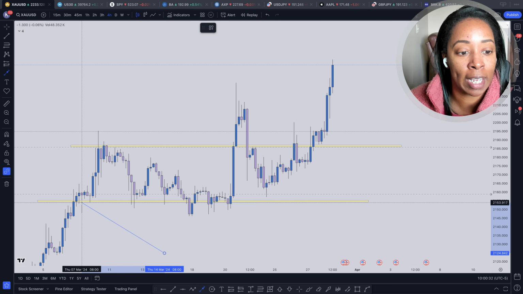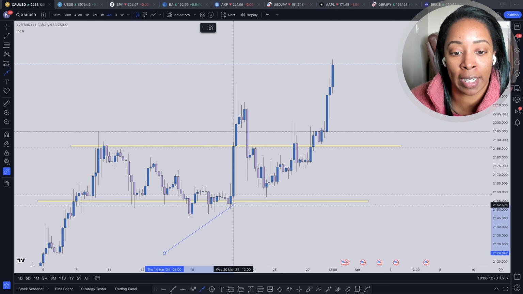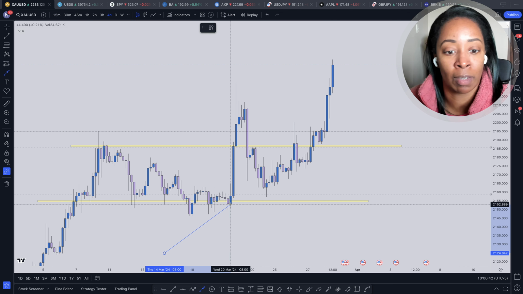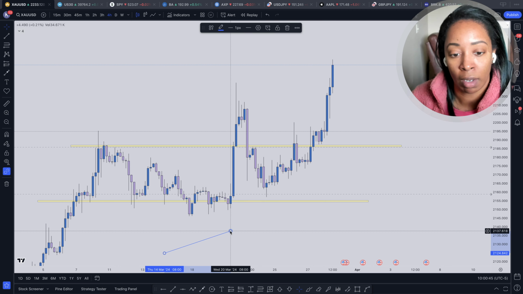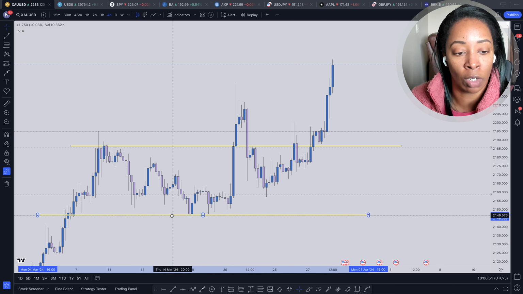So right here, we got a really big wick. We have 2 wicks here, a wick here. We have some candles down here. We have candles and wicks down here, candles and wicks down here. So this is telling me that I want to make an adjustment of my level. So let's go ahead and move this down to the lowest spot.